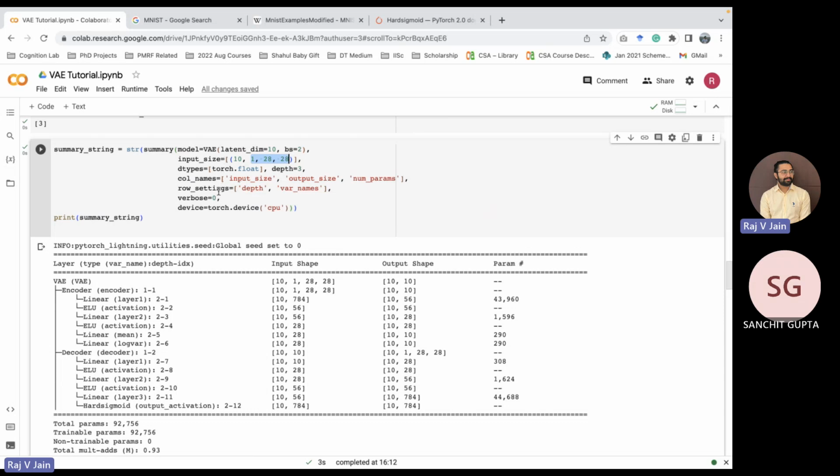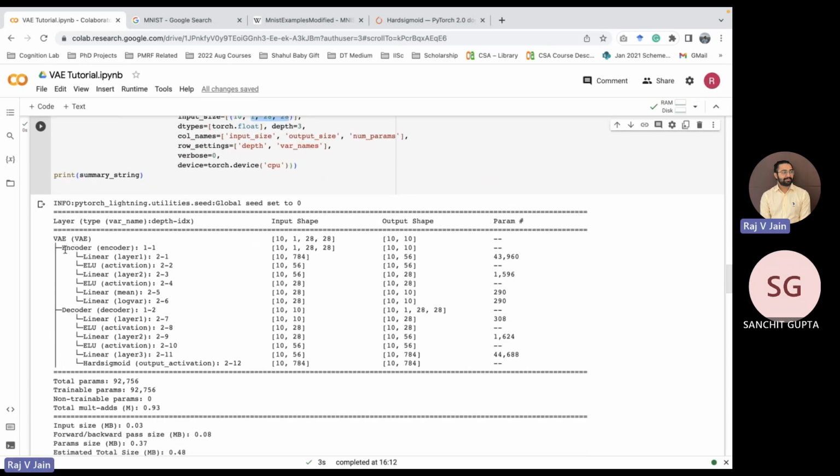And show me what all different layers exist, what do they do, and so on. So if you see here, very neatly it has given us, first, the encoder and the decoder, two parts of it. Encoder has again two layers and two activations, the ELU activation that we have, and then we have two other linear layers which we have named mean and log variance. And as you can see,